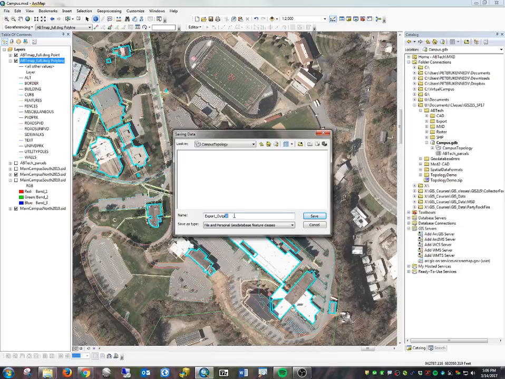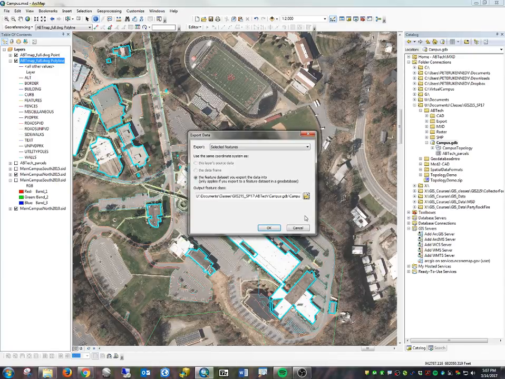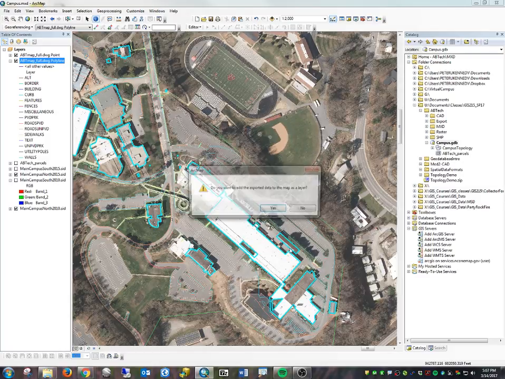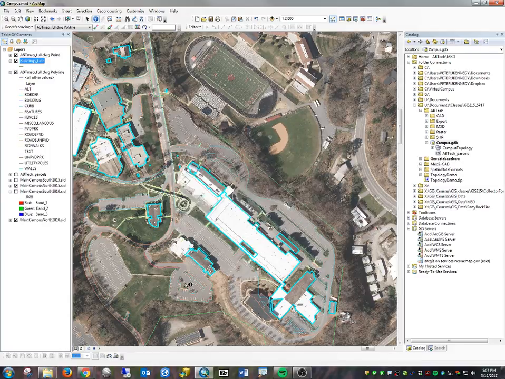In my campus topology feature data set, and I'm going to call this buildings line, because these are lines. I don't want to call it buildings because eventually I'm going to have a feature class called buildings that are polygons, and so this is kind of an intermediate data set. So I'll click save there, and yes,